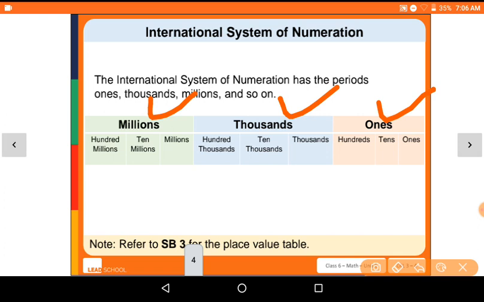तो SB2 के ऊपर आपका इंडियन सिस्टम था, अब SB3 यानी थर्ड पेज के ऊपर आपका इंटरनेशनल सिस्टम ऑफ द न्यूमरेशन है। You can also see directly from the textbook and you have to write this international system of the numeration. सो वंस, थाउजेंड्स एंड मिलियंस, तीनों तीन चीज़ हम यहाँ पे मेंशन करेंगे। वंस, टेंस एंड हंड्रेड, वंस के पीरियड में वंस, टेंस एंड हंड्रेड है। थाउजेंड्स में और तीन प्लेस है, 1,000, 10,000 एंड 100,000।